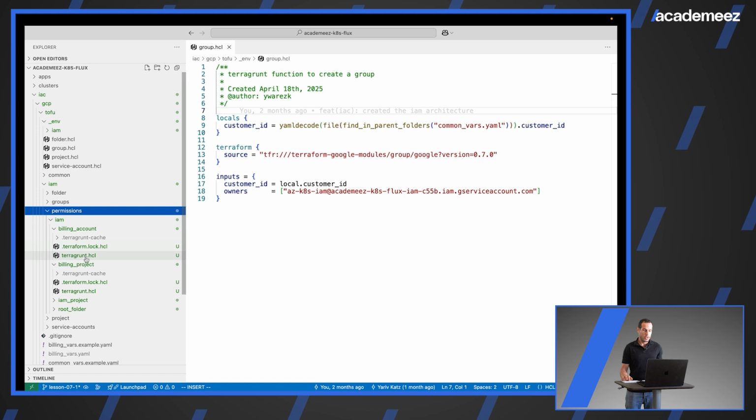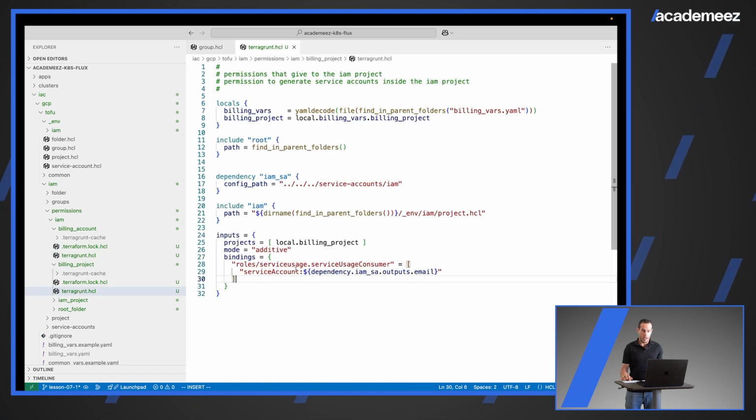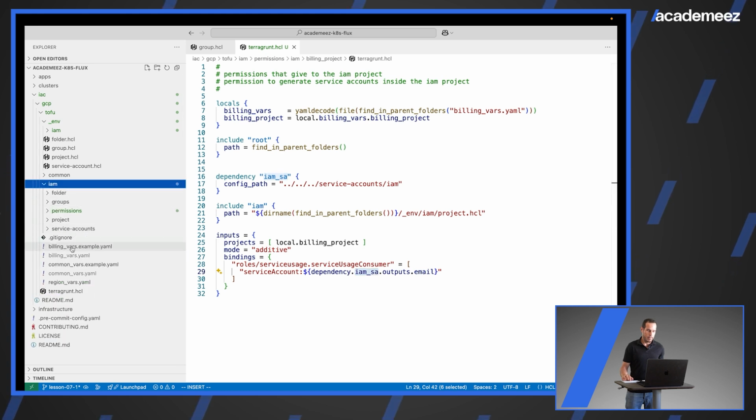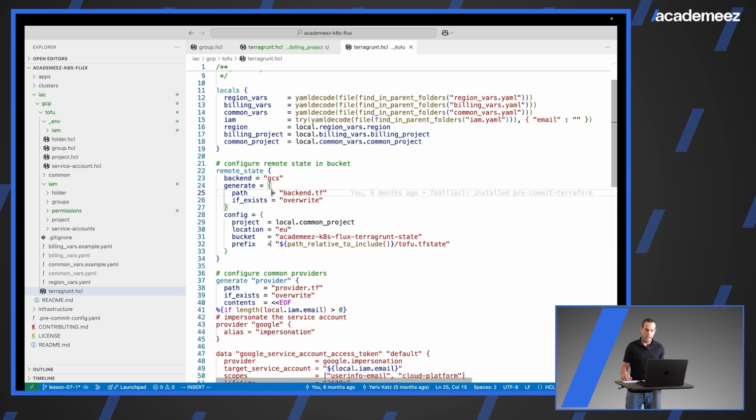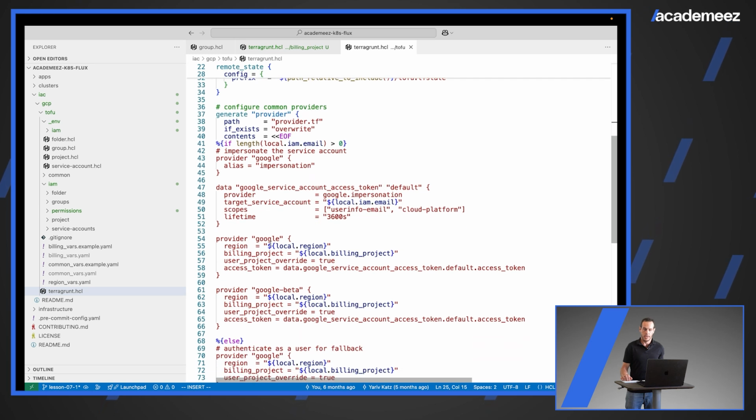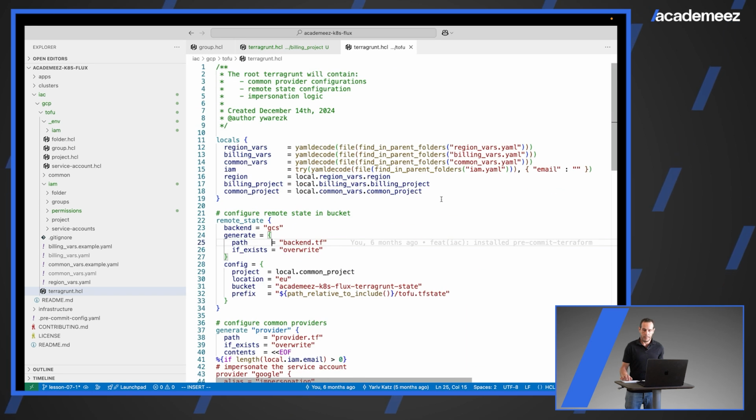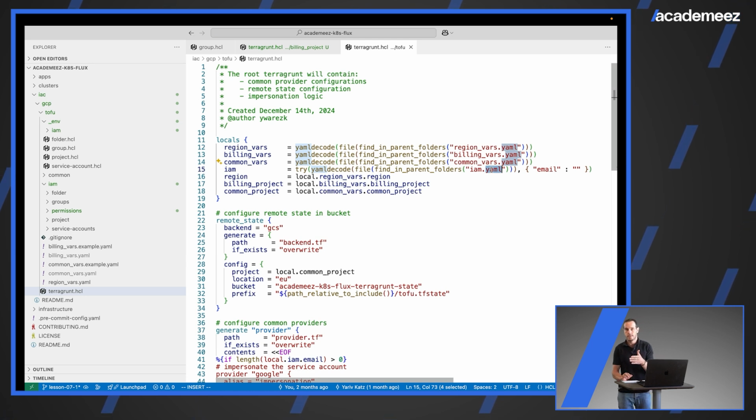So we gave permission to a service account that we created for every IAM thing that we need to do in our project. So I want to do impersonation. Remember that in the root Terragrunt, we created impersonation logic based on a file called iam.yaml. If this file exists in a folder, everything under that folder is run by impersonating the service account that is specified